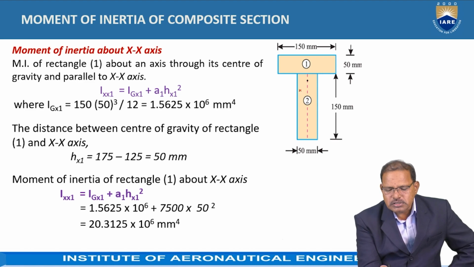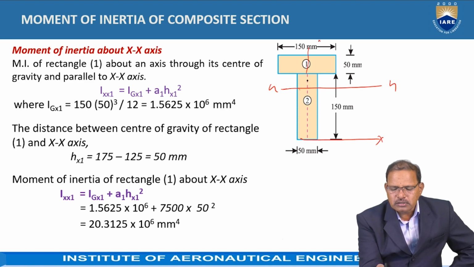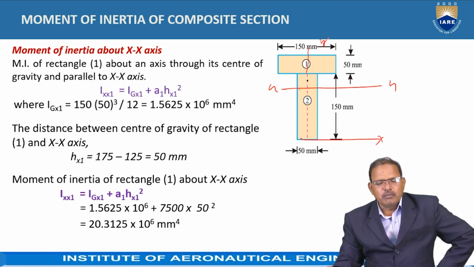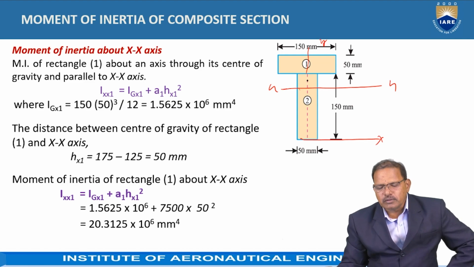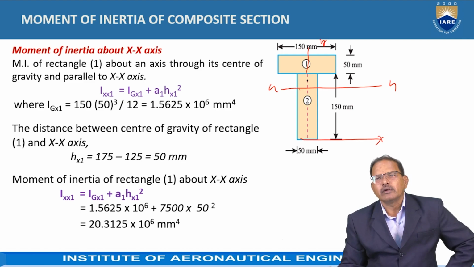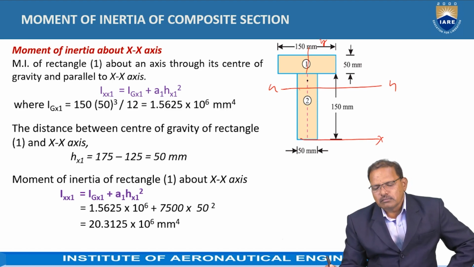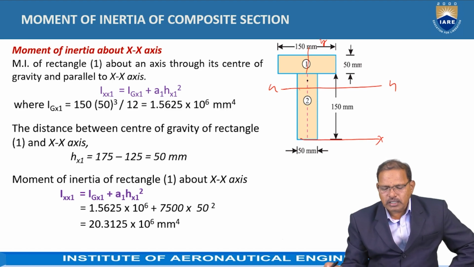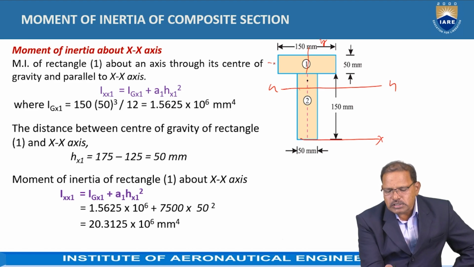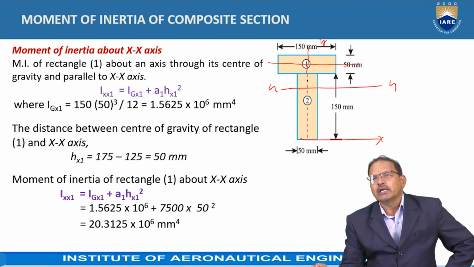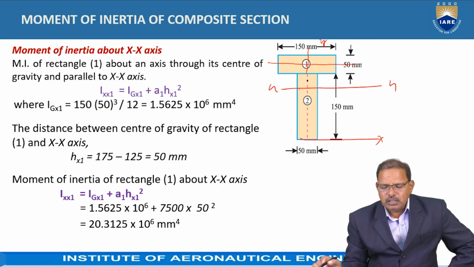That is at a distance of 125 mm with respect to the x-axis, and the vertical axis is known as the y-axis. Now, the moment of inertia of the first rectangle about the central axis is required. So first of all, determine the area moment of inertia of rectangle 1 about its central axis parallel to the x-axis of the section figure. It is given by